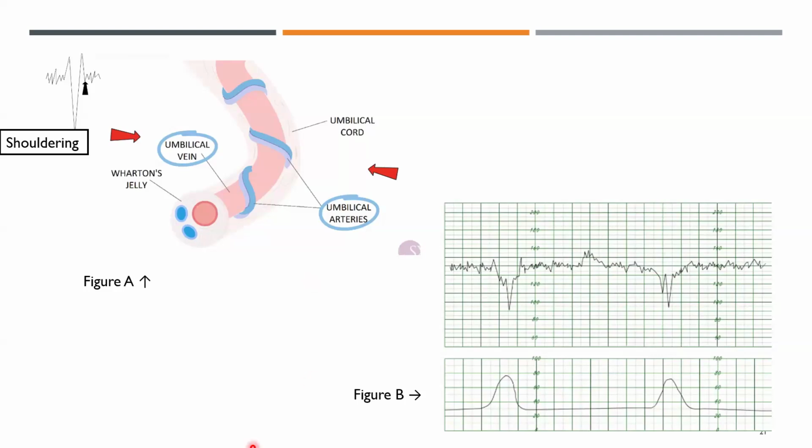So in the first part, when the umbilical vein is compressed, due to the low pressure, this causes an acceleration in this graph. Then when the arteries get compressed, this causes a reduction in the fetal heart rate, causing this deceleration. After which, once the pressure has gone away, there's recovery. So there's again an acceleration before the heart rate goes back to its baseline. These 2 accelerations that occur is normally what we call shouldering.